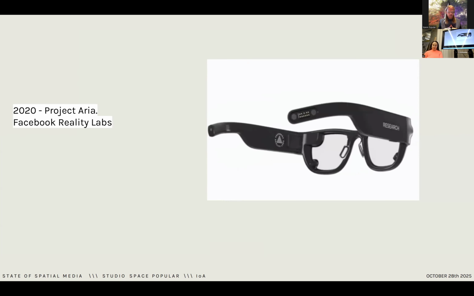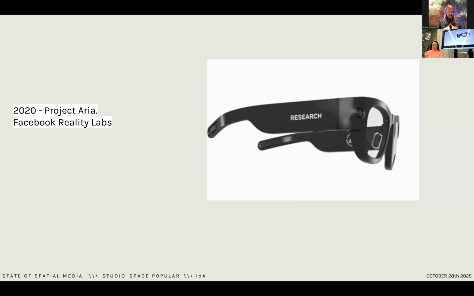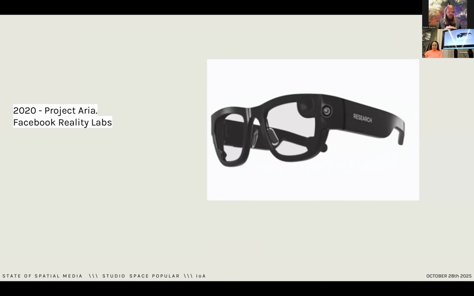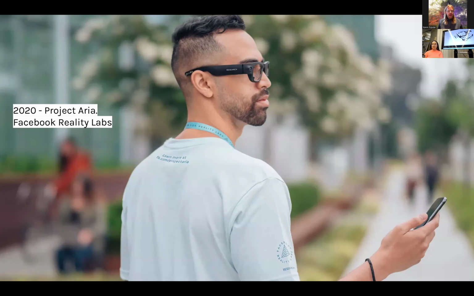But just to give a first brief overview of where we're heading and what's happening. In 2020, when we were all cooped up during the pandemic, what was then called Facebook Reality Labs released this first very prototypical product called Project Aria for smart glasses or AR glasses. We'll talk about more of these definitions later on. You can wear them in public, outside. They look kind of like normal glasses, but you could basically see through them and see a digital overlay over the world around you. One thing that's very important to notice here in terms of how things are moving is that when this was released,